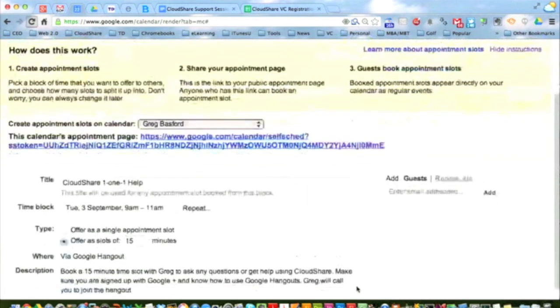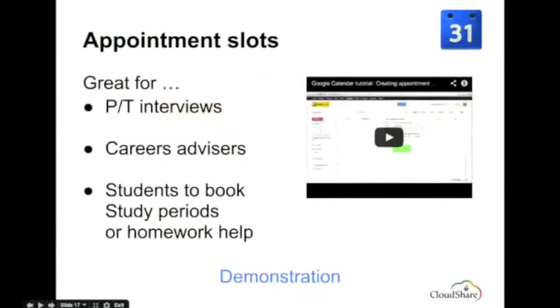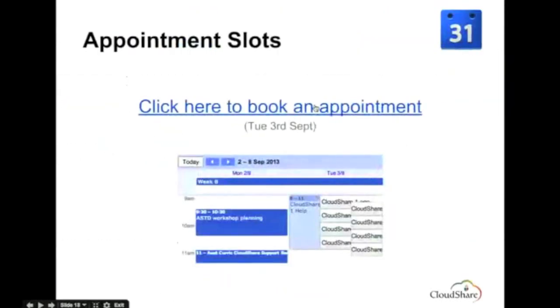So once you've done that, you get given this, and it's a pretty horrible looking thing, but it's basically an email address. Sorry, not an email address, a web address. And that web address there is what's on this link here. So if I click that link now, and you can do this yourselves, if you click that link yourself,